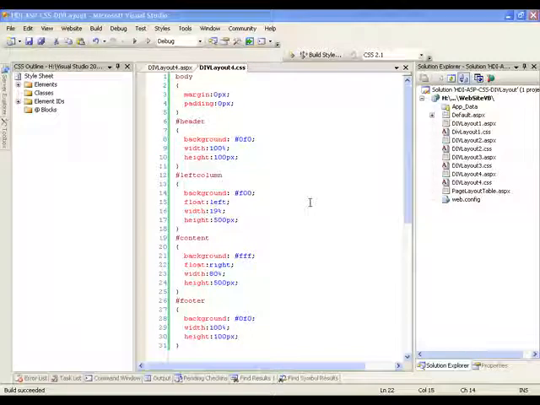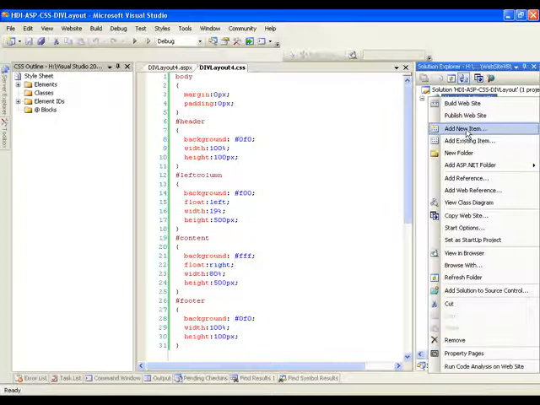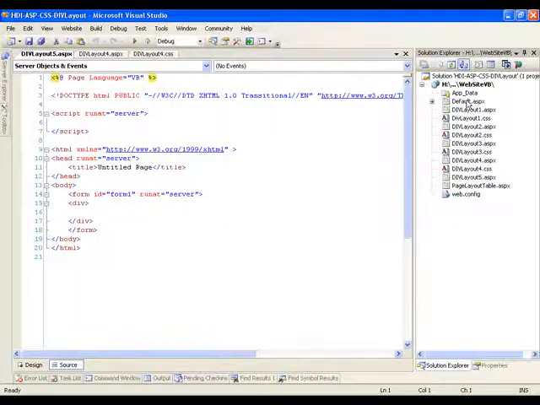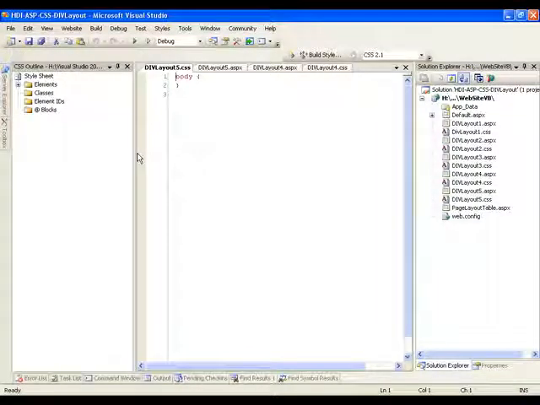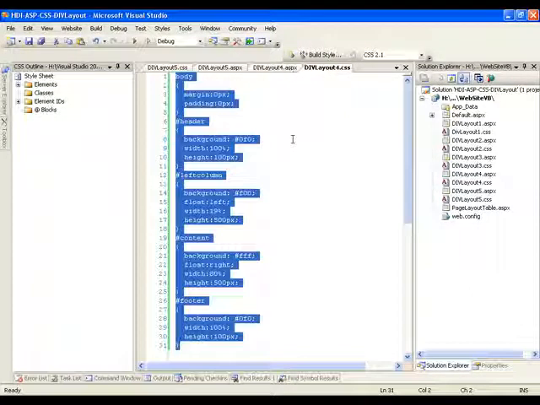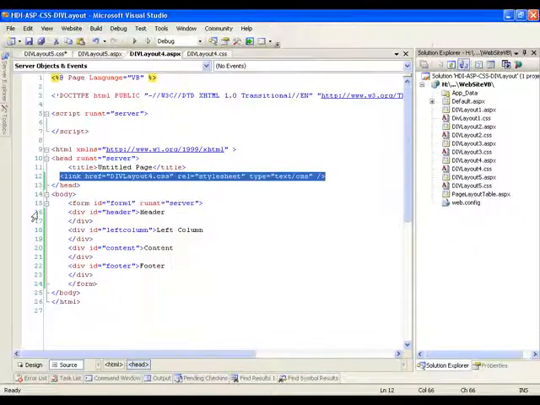Let's close this down. Now, last but not least, how would we do a 3-column approach here? So let's create a new number 5 page and cascading style sheet, and we'll see how to do that. And the style sheet, number 5. Now this can be largely based upon number 4. So let's take all of the style information in number 4, put it in number 5, take the HTML in 4,